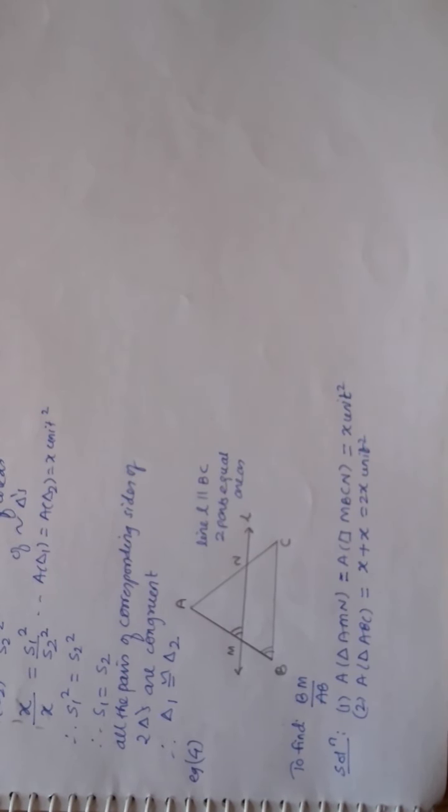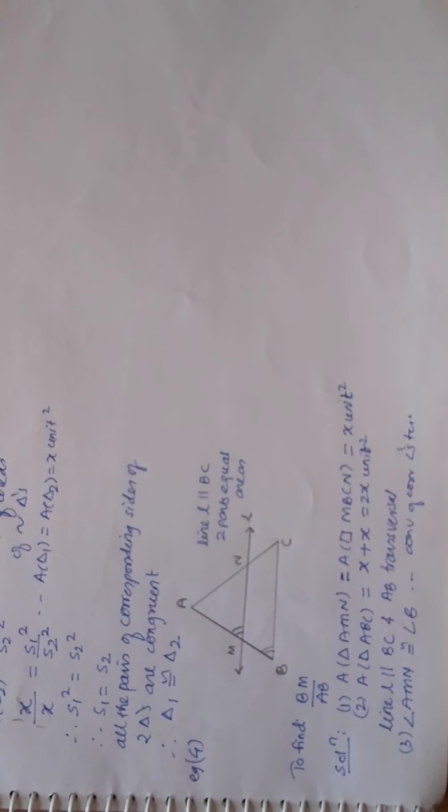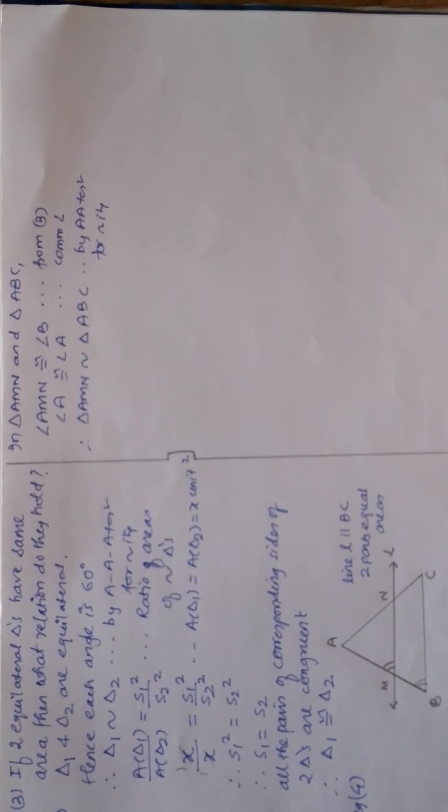So I am writing that in triangle AMN and triangle ABC, I have angle AMN congruent to angle ABC, that is M congruent to B because of the converse of the corresponding angles test, and A congruent to A. Whatever I have spoken, I have written there. We have one pair of angles congruent by the converse of the corresponding angles test and one common angle. Therefore the two triangles are similar by the correspondence in the way I have taught you.